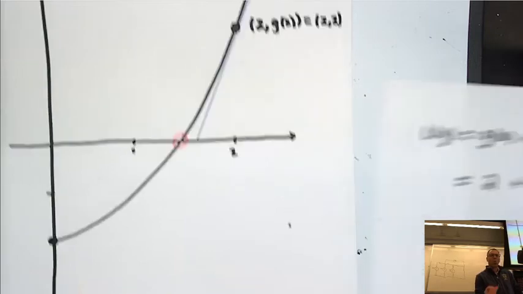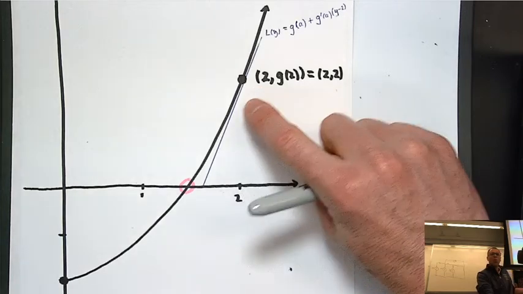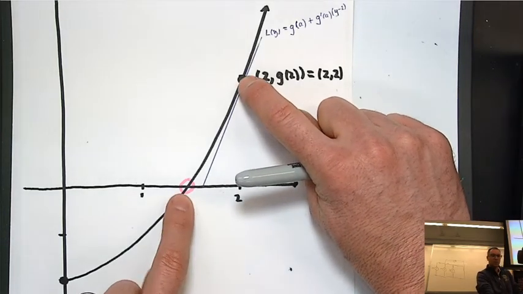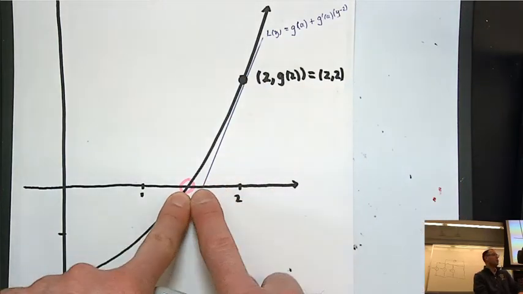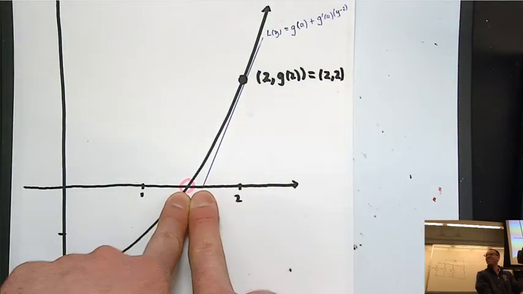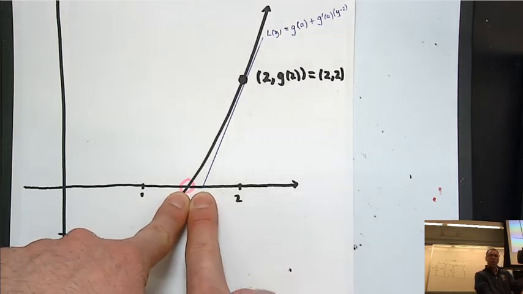Well, what did we say we were looking at? So this is now the equation of that line. What were we trying to find? We're trying to find this beautiful thing, right? Yeah. Okay. Well,